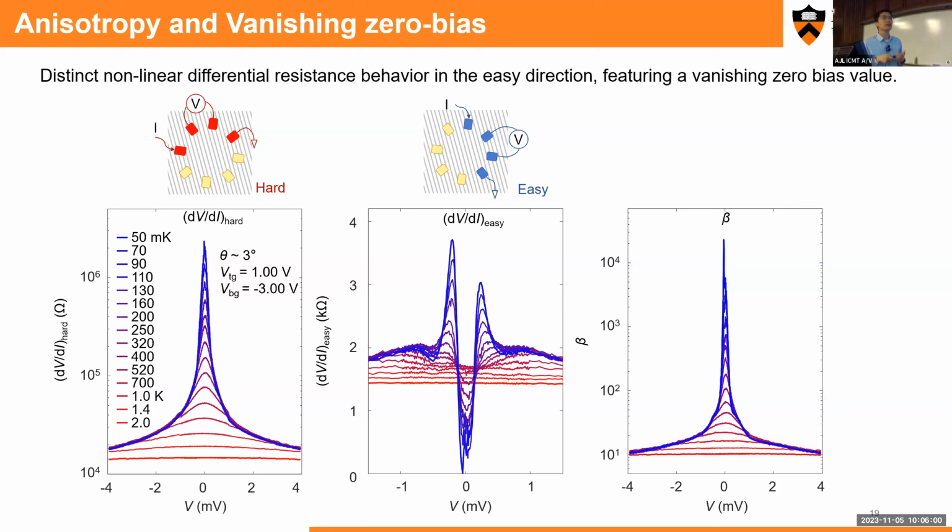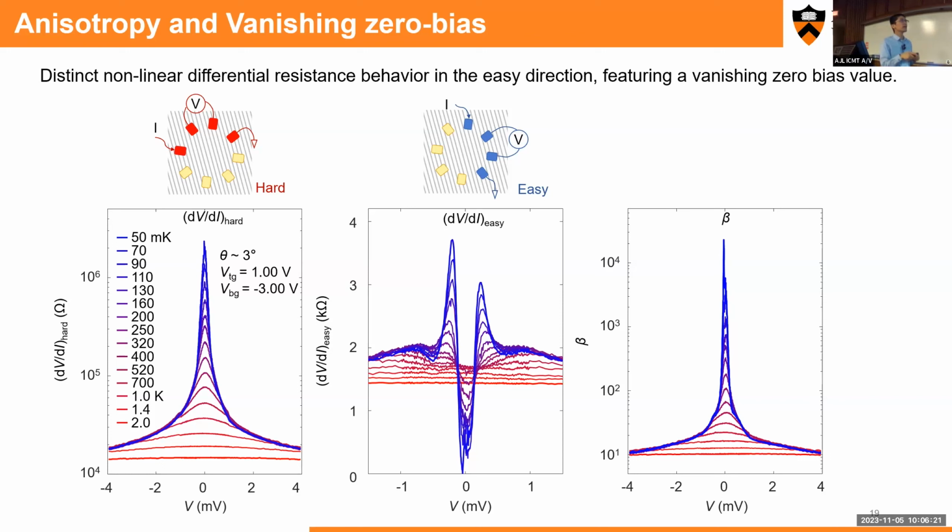And one more point that I want to talk about is that for this anisotropic measurement, if you measure along the so-called easy direction, it actually shows something similar, looks like superconductivity. But it is obviously not superconductivity, because in our measurement, when we apply a magnetic field, we cannot kill this superconductivity. It's still there.